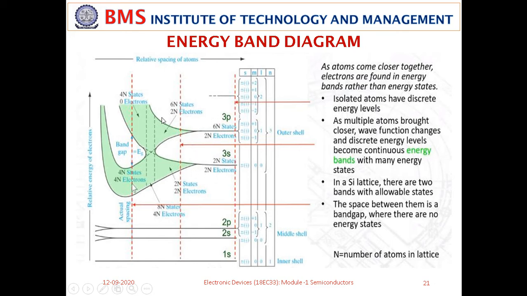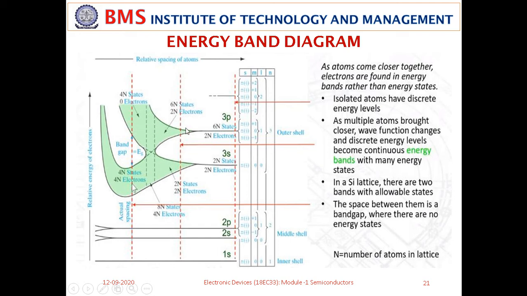So let us assume that this is a vertical line. When you move, many atoms come very close to each other, that means in between these two vertical lines shown here, this is one vertical line, this is another vertical line. In between these two vertical lines, silicon falls somewhere here. You can see this is silicon for N number of atoms. We know that silicon has a band gap energy of 1.1 electron volt. That is the Eg value of silicon. It has the upper conduction band here. This line indicates the conduction band.